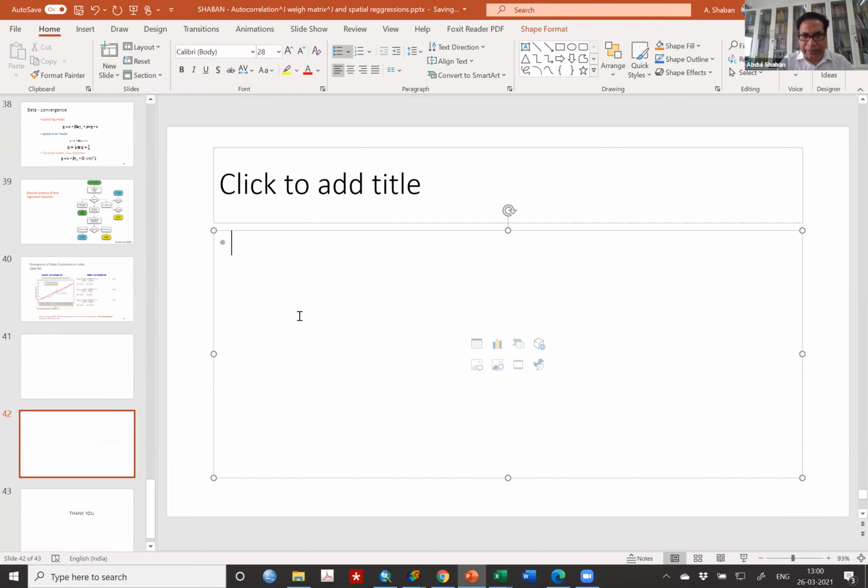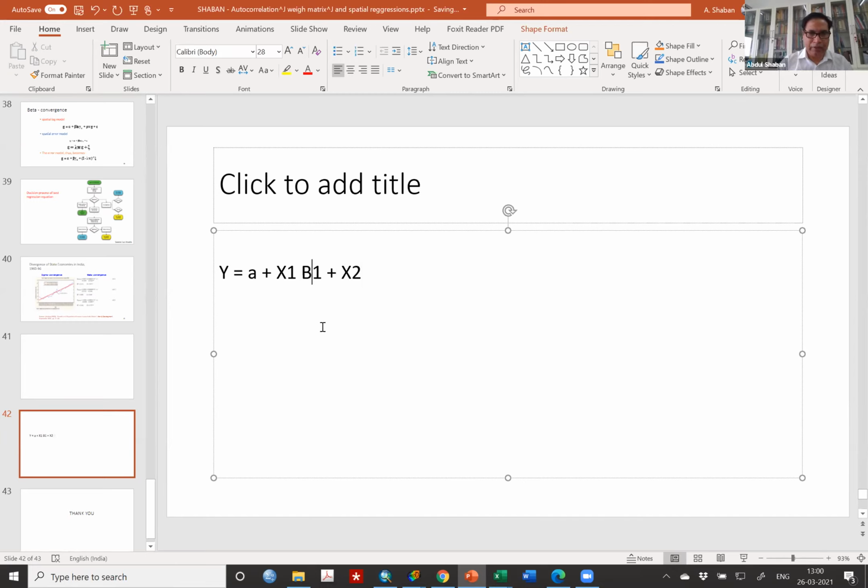So, for example, the regression equation is linear. Y is a function of alpha, which is the intercept, plus or minus x1 with beta 1, maybe b1, plus x2 b2.